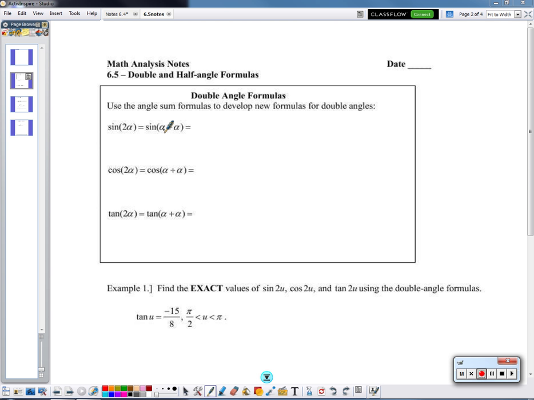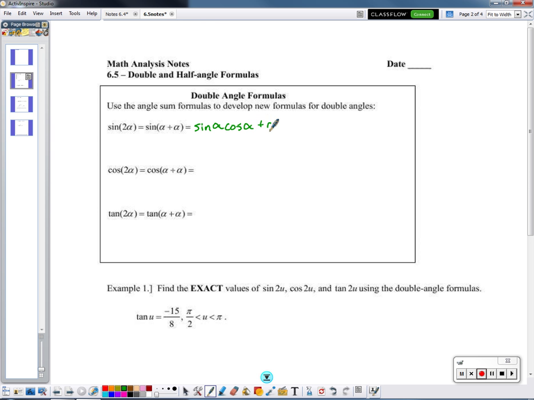same angle to itself. So again, if you ever forget these double angle formulas, you can always just use your sum formulas for sine, cosine, tangent, and then just do it to itself or at the same angle. So if I look at the very first function here, sine of 2 alpha is really the sine of alpha plus alpha. So remember, if I use my sine sum formula, I have the sine of alpha times the cosine of alpha